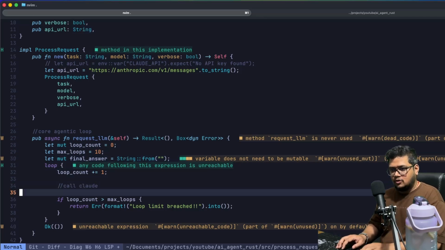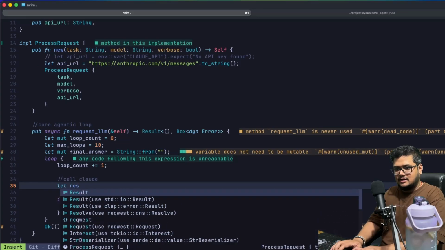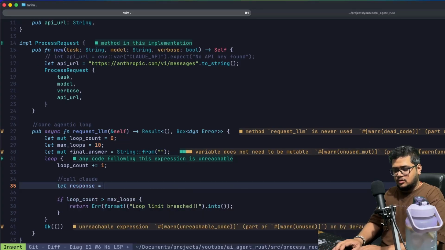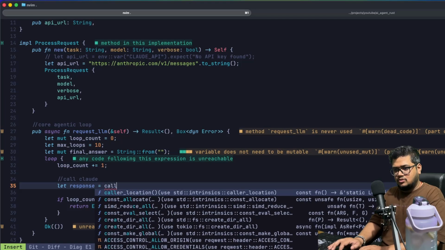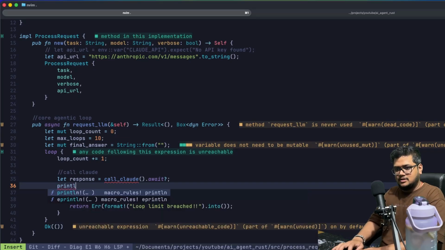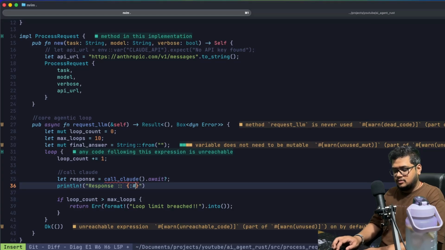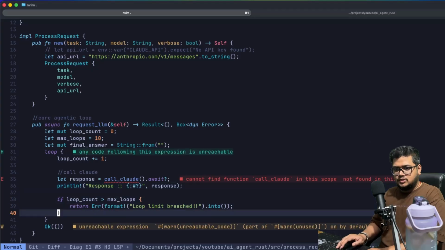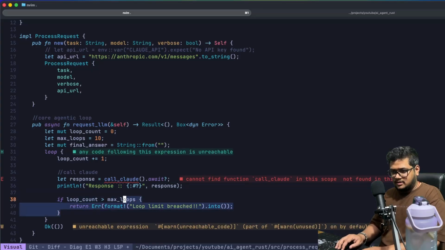So we are going to call Claude from here. It would be something like let response equal to call Claude, something like that, and we'll have to do it like this. And maybe we can just print the response over here. Now is it response? So let's shift this thing up. Why am I printing this thing? Because